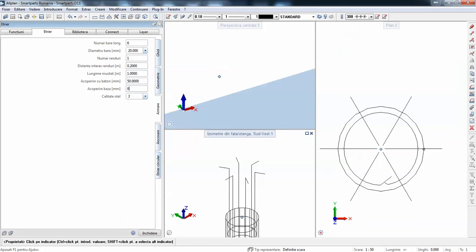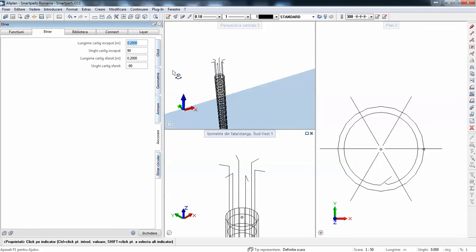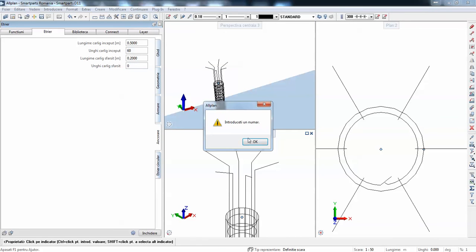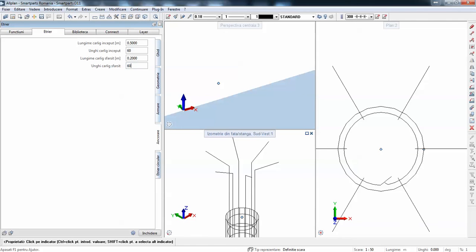And this is at the base, some concrete cover, and this is the steel quality I use. And there's the anchorage. I can change the hooks, I can change the angle of the hooks, so everything is parametric. And also the length of it for the beginning or for the end.